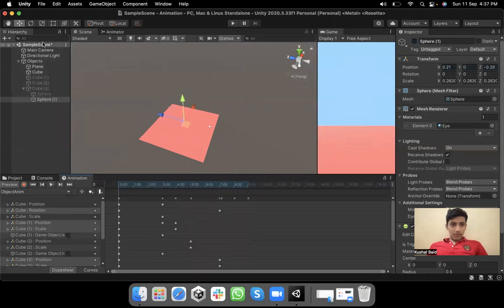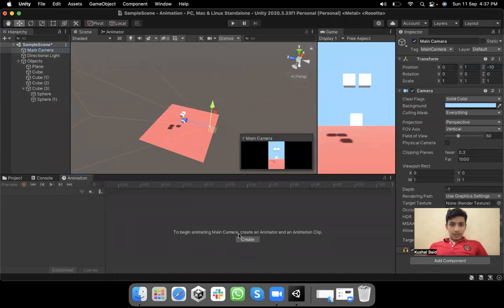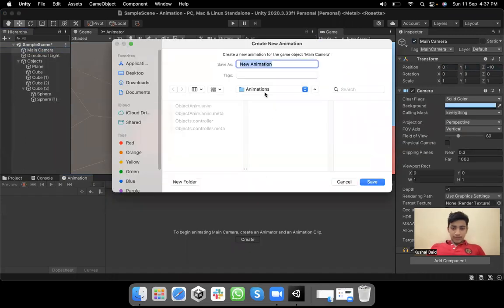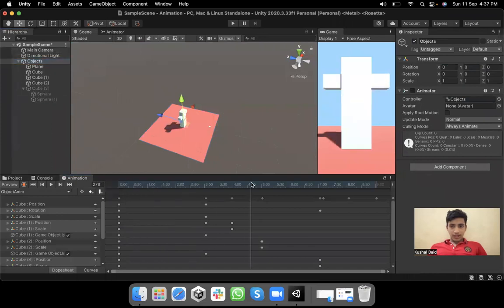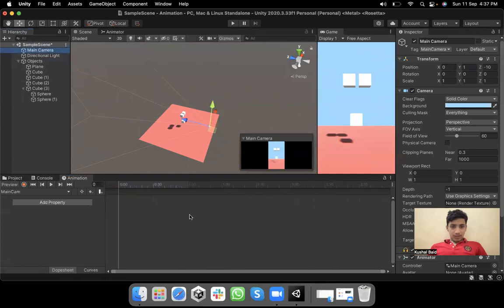Now I will go on main camera for a minute and create an animation. I will name it main cam. What this will be doing is, I will firstly go here again. We'll see when my height is increased, so from 5 seconds. Okay, so what my camera will do is